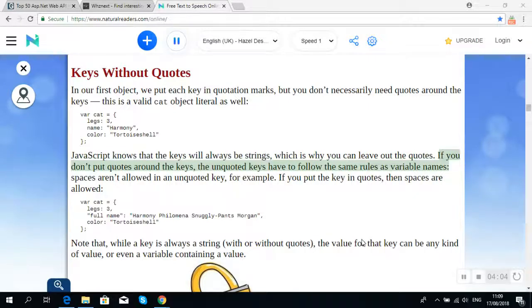If you don't put quotes around the keys, the unquoted keys have to follow the same rules as variable names. Spaces aren't allowed in an unquoted key, for example. If you put the key in quotes, then spaces are allowed. var cat = { legs: 3, "full name": "Harmony Philomena Snugglepants Morgan", color: "tortoiseshell" };